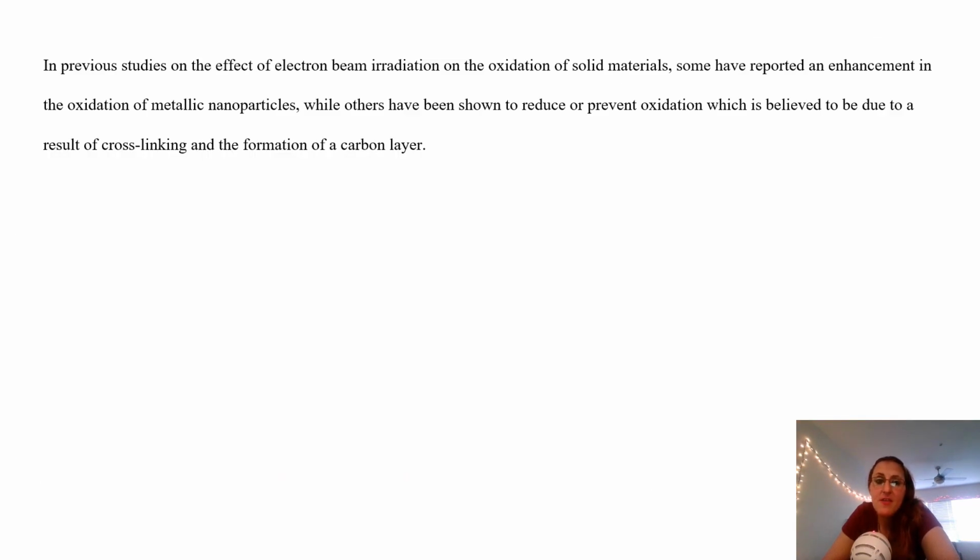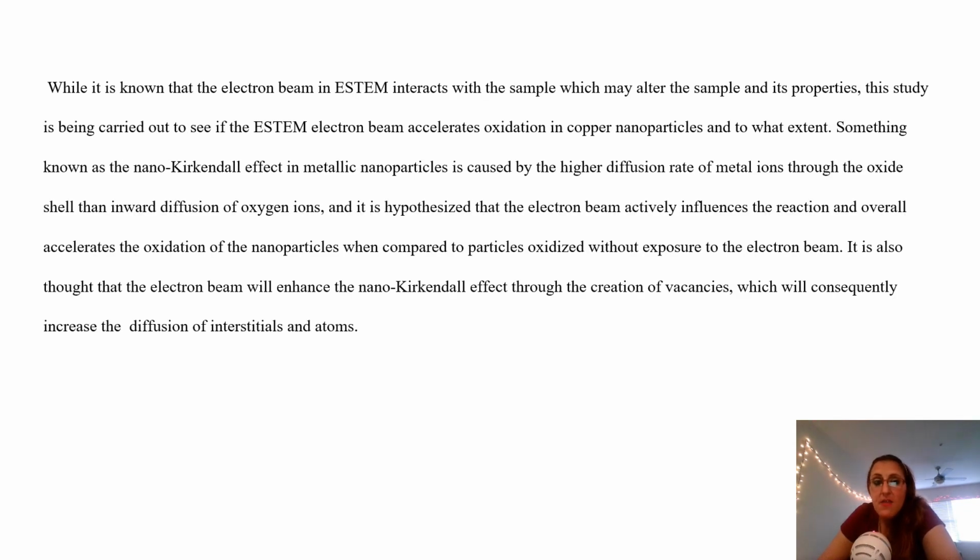In previous studies on the effect of electron beam irradiation on the oxidation of solid materials, some have reported an enhancement in the oxidation of metallic nanoparticles, while others have shown reduced or prevented oxidation, which is believed to be a result of cross-linking and the formation of a carbon layer. While it is known that the electron beam in ESTEM interacts with the sample, which may alter the sample and its properties, this study is being carried out to see if the ESTEM electron beam accelerates oxidation in copper nanoparticles